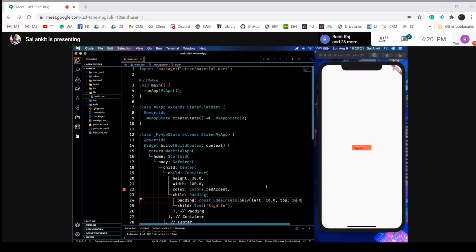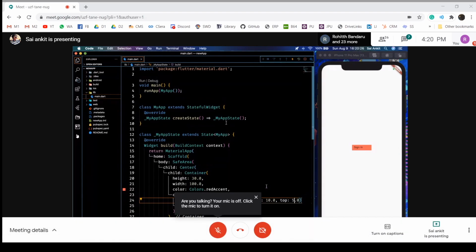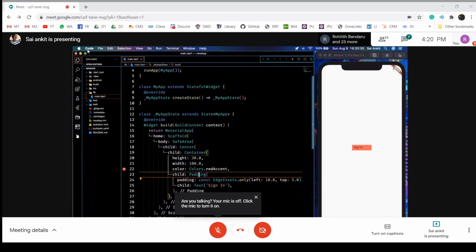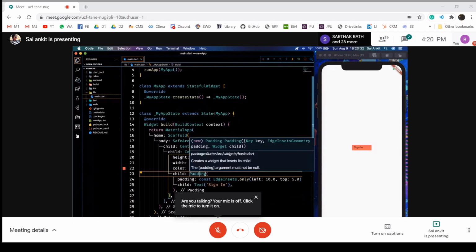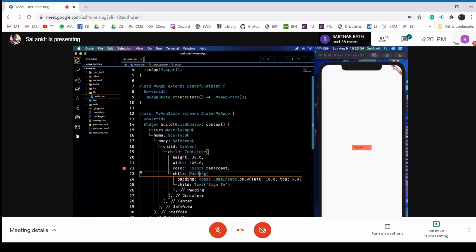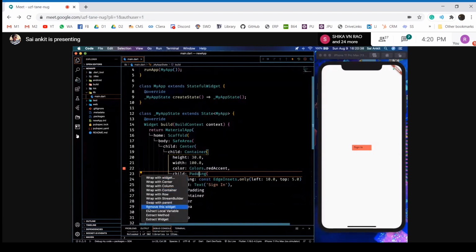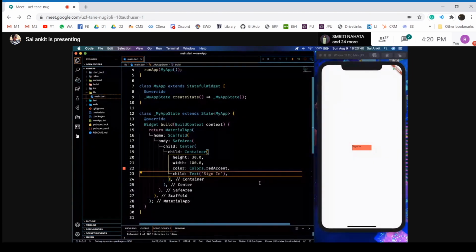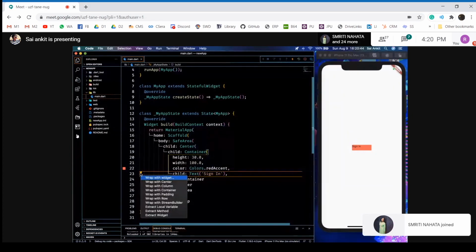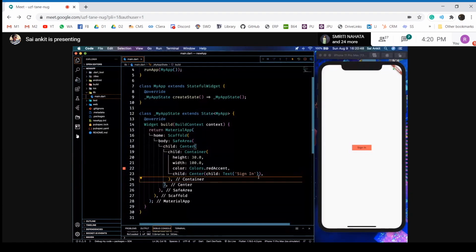So this is how it happens. Let's just say you want 5. So this is how you can customize also. Instead of using the center widget directly, you can use this padding widget, and also you can customize this. If you want to remove any widget, you can hover on the widget, select this button again, and then just remove the widget. It removes all the attributes of the widget also. So again, let's just customize this with center.